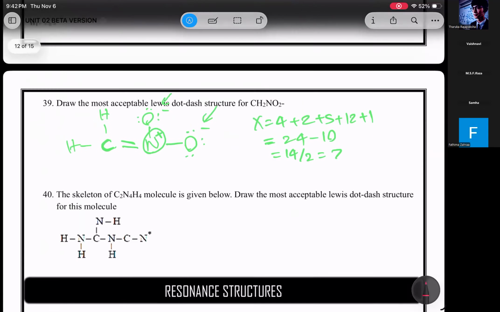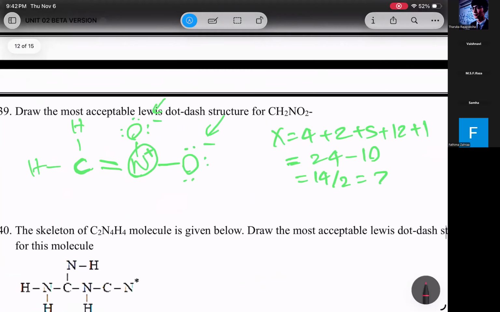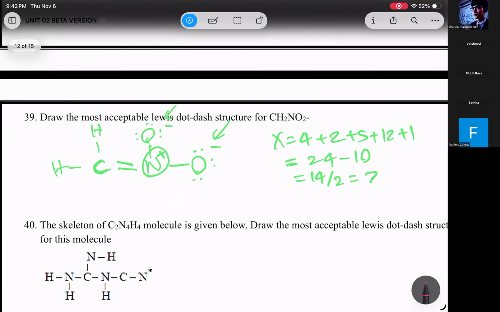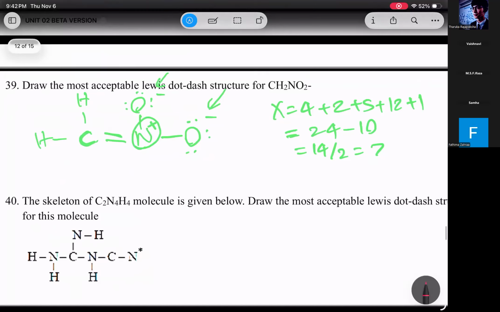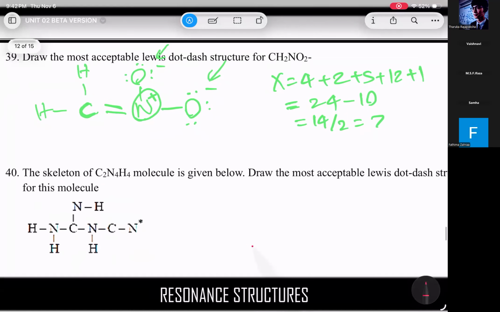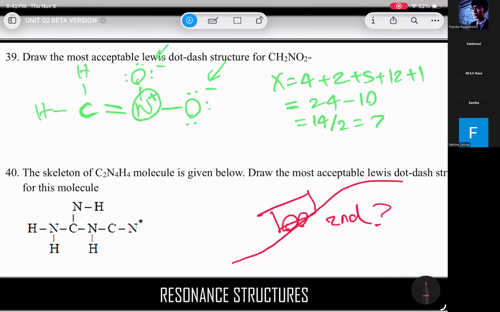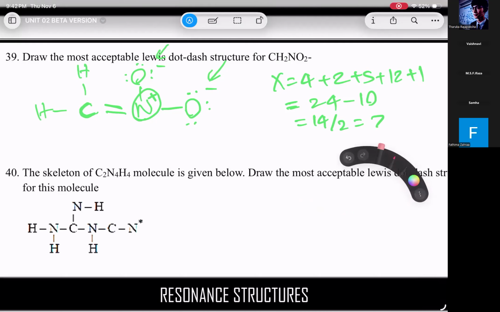Right. Now, I always say Lewis structures is like driving a car. It's like you are thinking to yourself, can I take this hill with the second gear? That's a question. How do you approach it? Do and see. If it didn't work, then probably you can't. Just put the electrons and see what's going to happen.